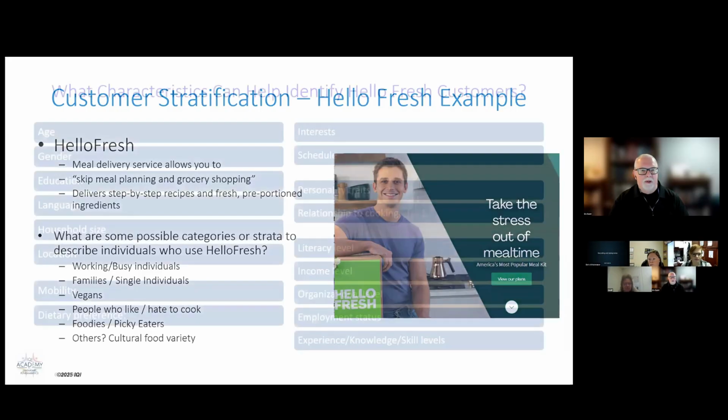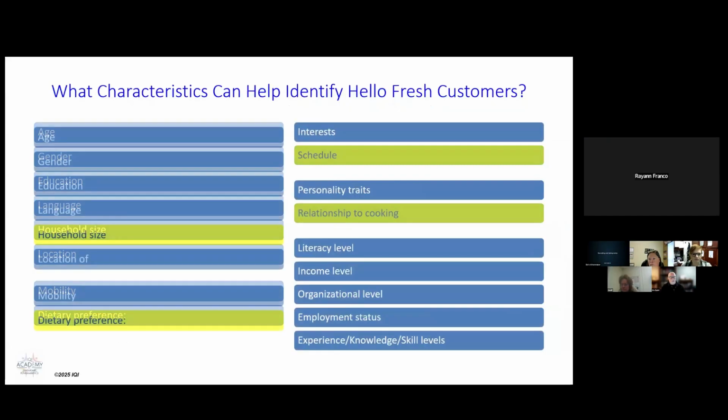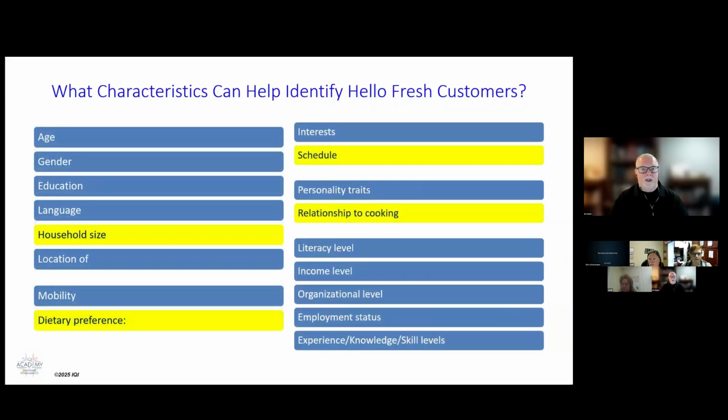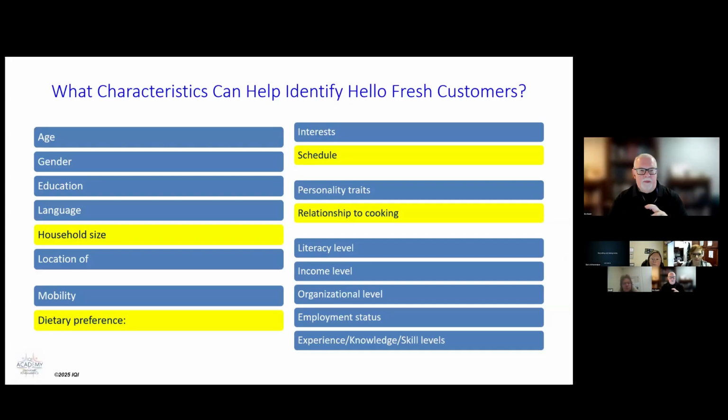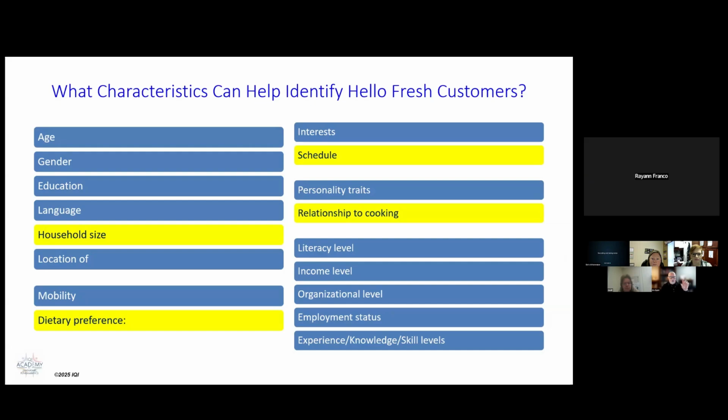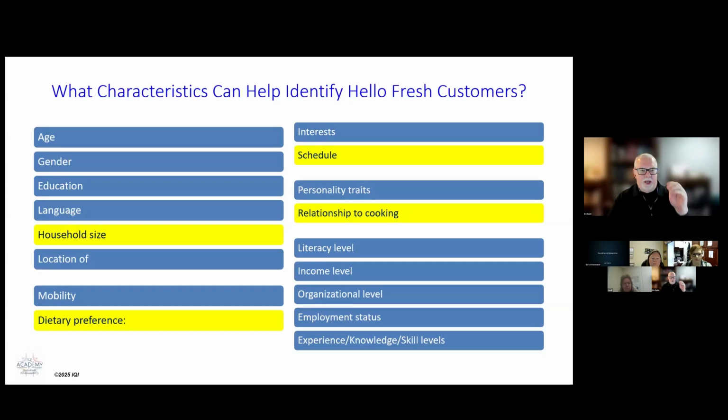And then others. So here's some things that show up in a total list of categories. So you've created your own list of customer characteristics. In our next exercise, which is part of your assignment for today, you're going to pick about 4 characteristics in that list that you want to use to help distinguish one set of customers from another.